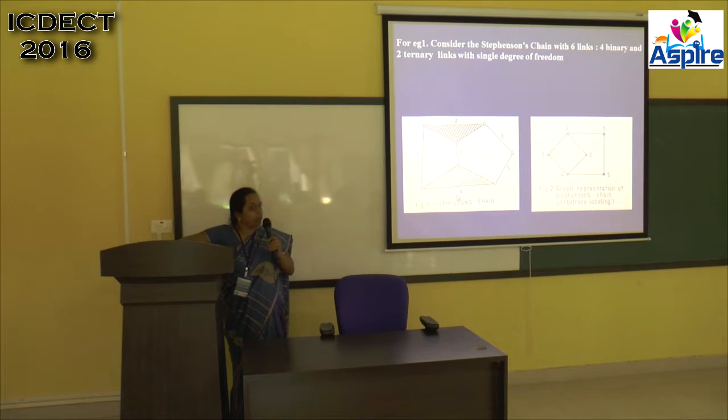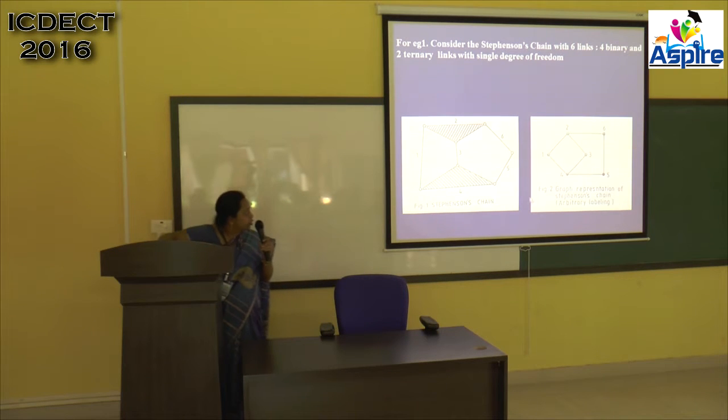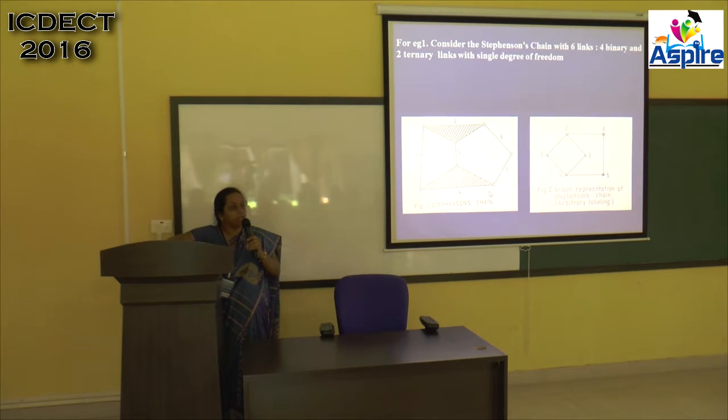Now to have the coding, we will represent this in a graphic representation, which was given by Bachom, one scientist. In the graphic representation, each link is represented by a node, and each joint is represented by a line. The first link is this, link one, represented by a node, and all the joints are represented by a line here. This is the easiest way to represent any kinematic chain. As this is a 6-link chain, you can have kinematic chains up to 10 links, and this has only a single degree of freedom.